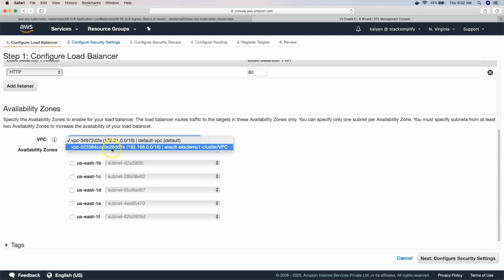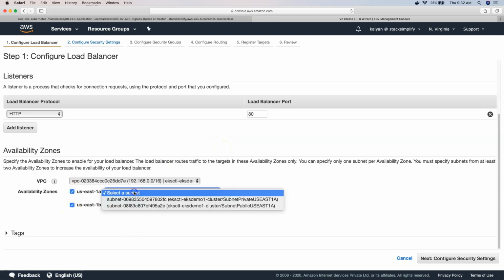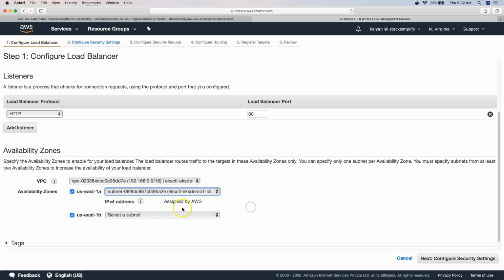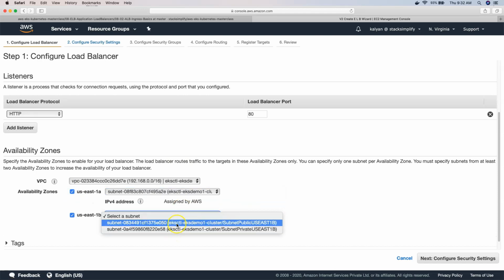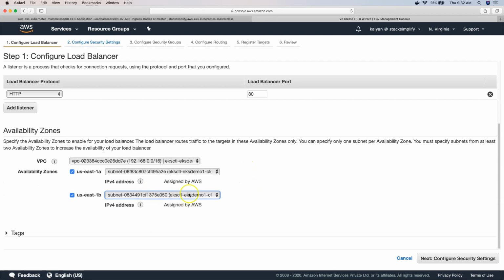Then in which availability zones it needs to be created, and in which VPC. We have a VPC for our EKS demo 1 EKS cluster, so I'll use that, and I'll select the 1A and 1B availability zones, and select the public subnet. Why? Because we are using internet facing, so it needs to be created in the public subnet. I'll click on next,